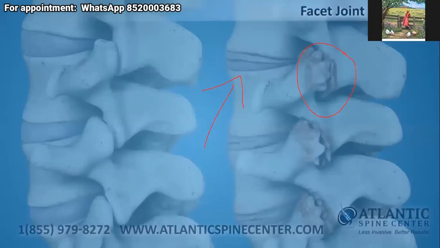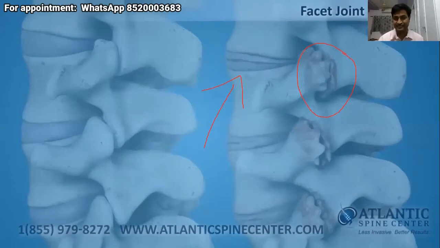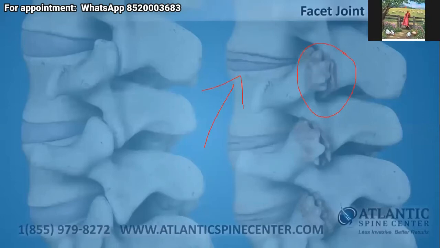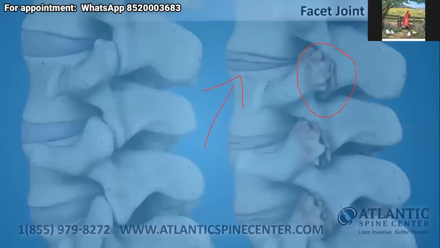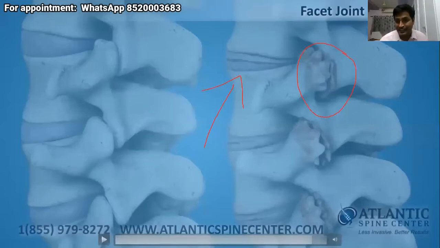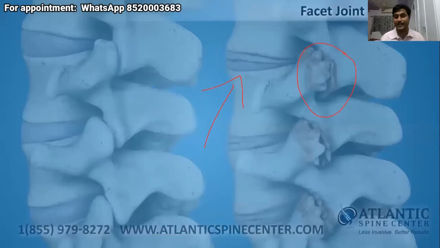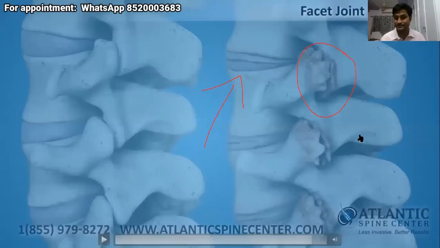I will give an example. If I take a balloon and start filling it with air and air and air, can you tell me where the balloon will rupture? No, the pressure is uniformly distributed. But if I take a pin and injure the balloon, can you tell where it will rupture? Exactly the side where I puncture it. So I have told you the disc is situated deeper from your back or more superficial? Deeper. The facet joints are more superficial or deep?